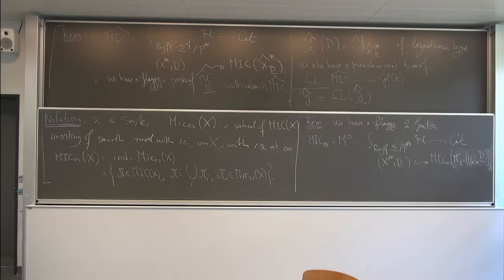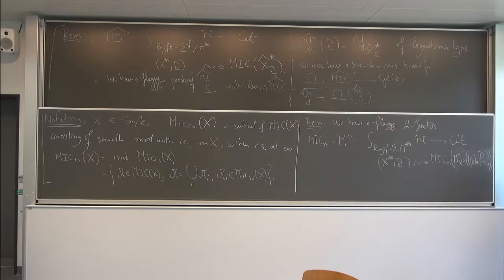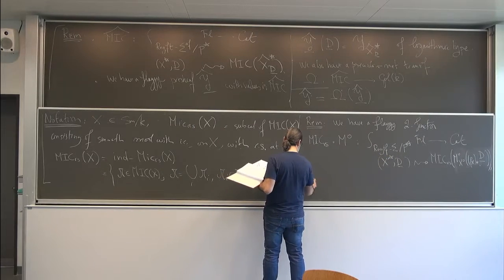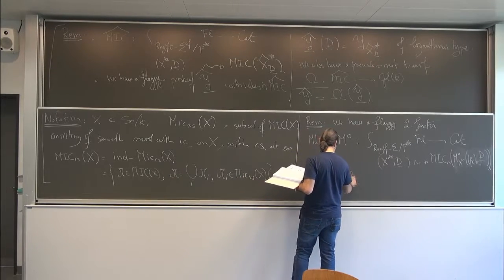Okay, so you have your flag which is on X1, you push it to X0, and you take this associated, if you want, open normal cone, and then you take modules over this guy. And so we have seen that we have exactly the right functoriality to make this into really a functor. Okay, and moreover, by the last theorem from last week,